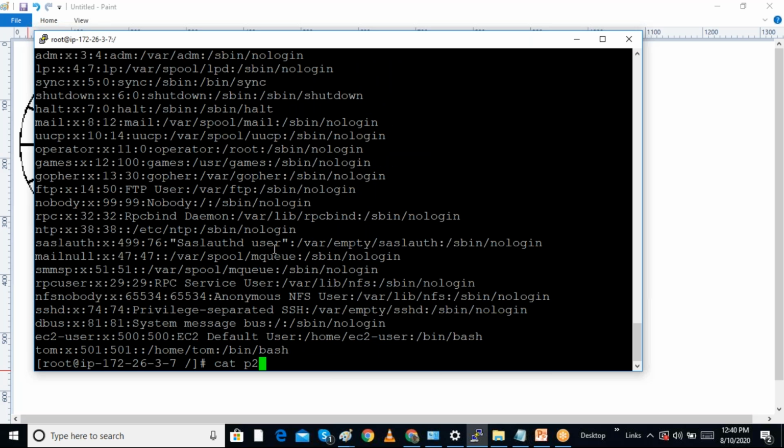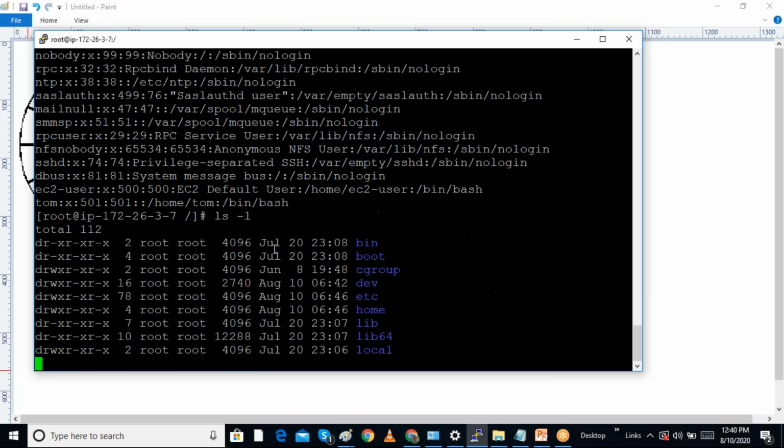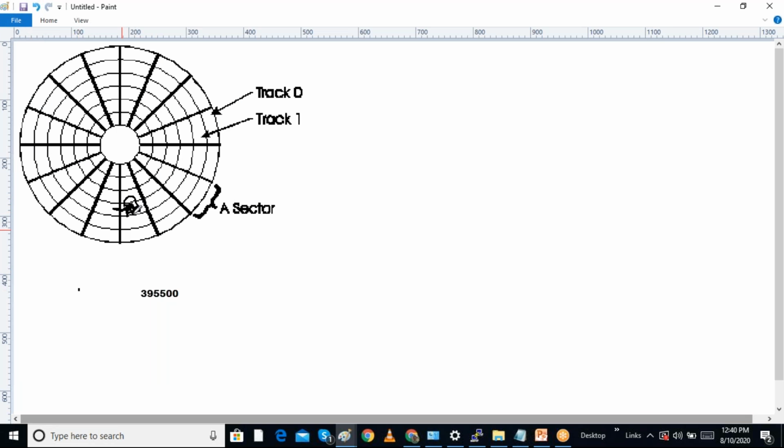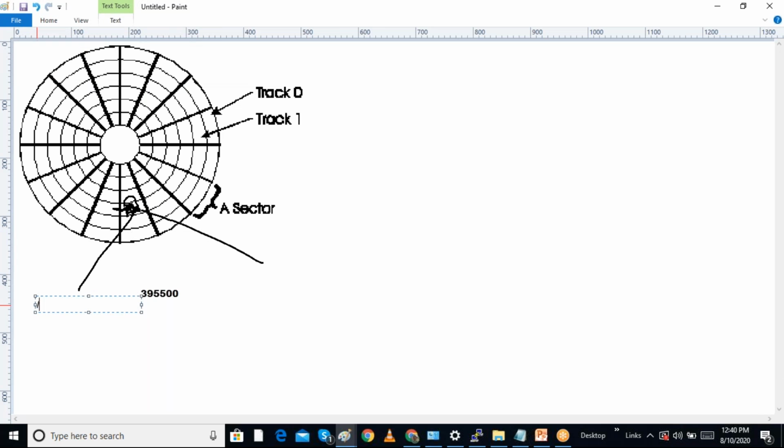When I do ls -l, we can see there are two link counts. This is the hard link count. It means there are two file names pointing to the same file. The /etc/passwd file in the etc folder and the hard link I created in my root directory are both pointing to the same inode number, the same file.